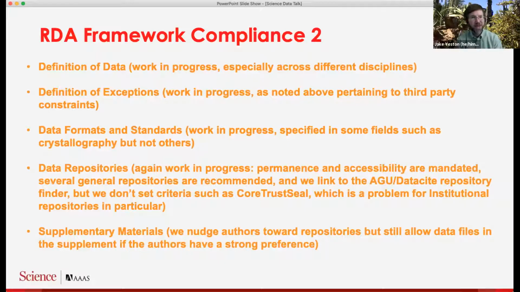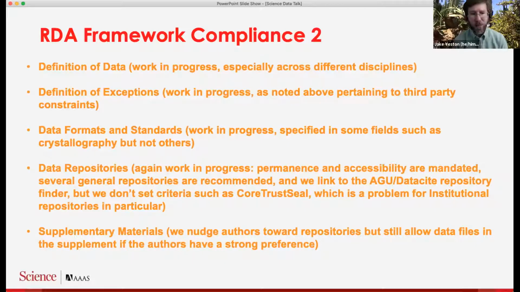As I said, exceptions, we do define exceptions, but we could go into a little more detail about what we want to do in each case. Same with data formats and standards. Repositories, we do link to that data site repository finder, but we don't yet set criteria such as core trust